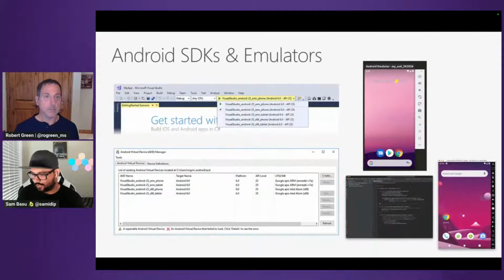Android, our beloved Android, has a lot of options, a lot of simulators, a lot of emulators, and some of them are a little heavy, some of them are a little slow, but things have come a long way. Everything is just hypervisor. Everything is virtualized. It used to be like you have to go and get some coffee, talk to your neighbors before the Android simulator comes up. It's not that anymore. It's fairly quick. So again, get what you need for the Android SDKs and get up and running.